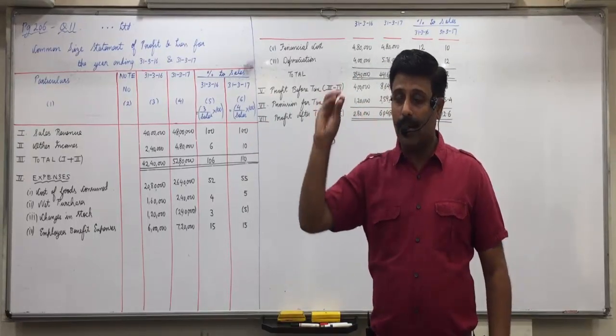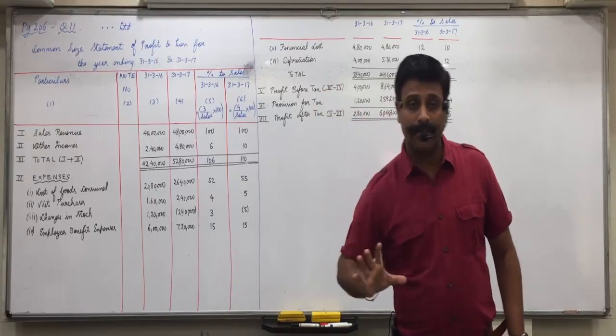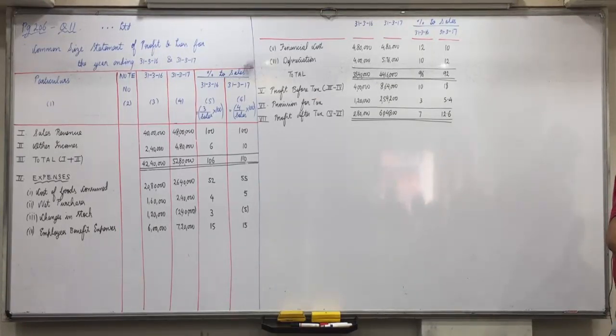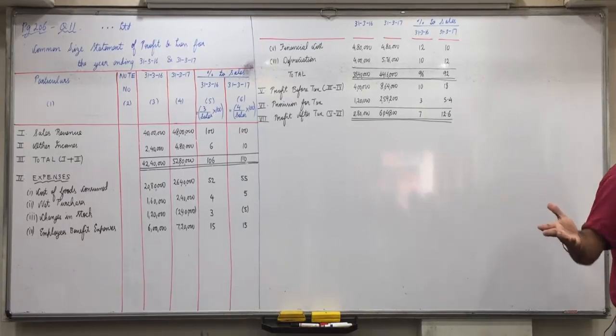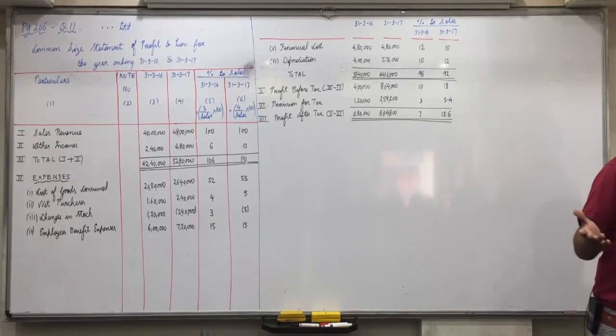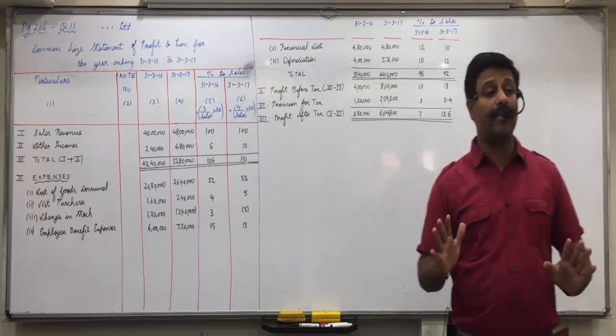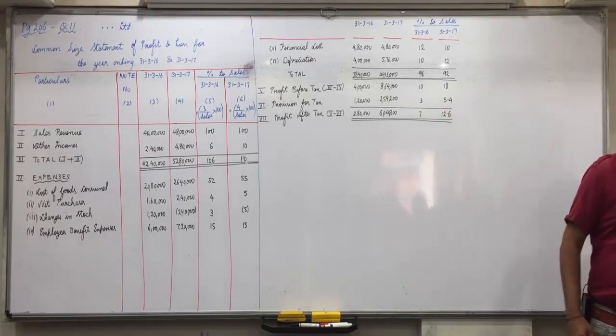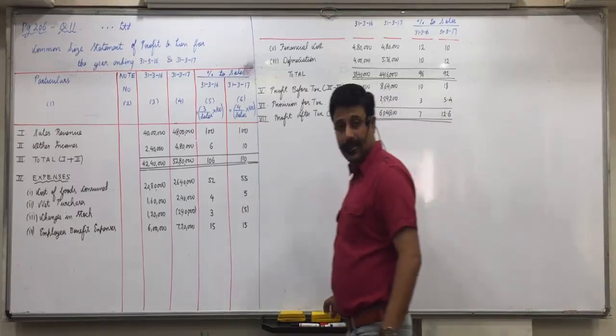Understood that? In the question, you need to check in exams which columns are given. Like here you can see reverse columns are given. But if you see on page 14, where balancing figures are given, again they are given in proper order only. On page 14, they are given 31.3.16, 31.3.17 only. But in question number 12, they are given 31.3.17 and 31.3.16. Got it, everyone? So again, in question number 12, first note down the whole format as it is, everyone.